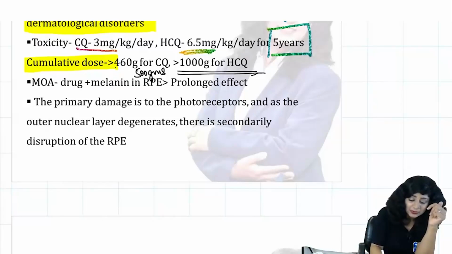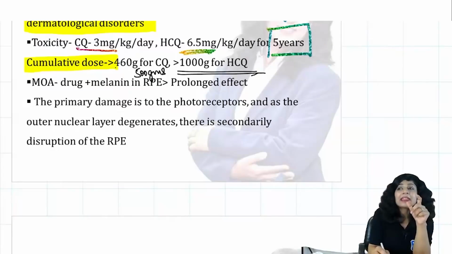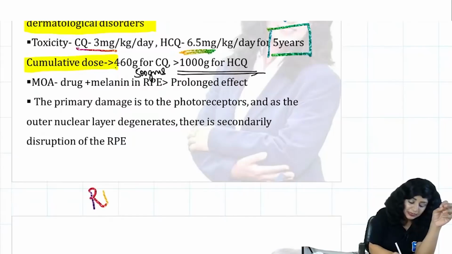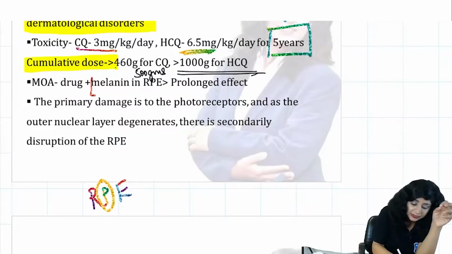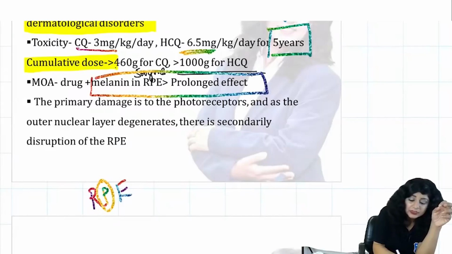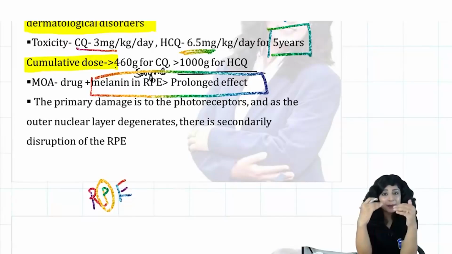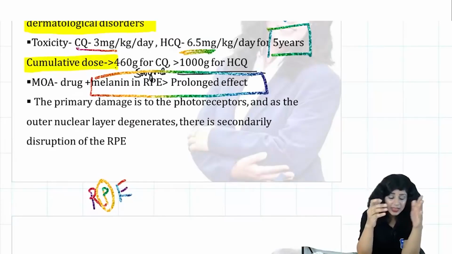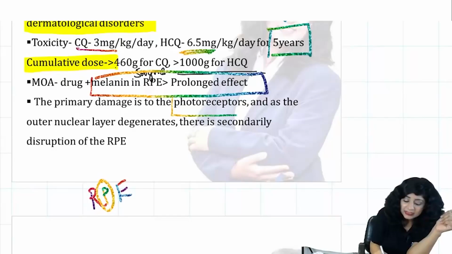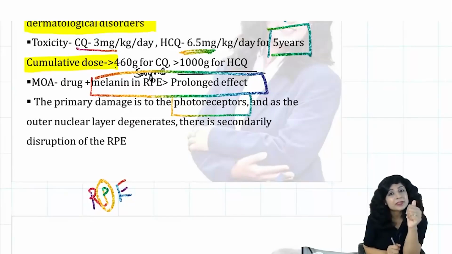Now mechanism of action. In the mechanism, this chloroquine is acting at the RPE level, which is the pigment epithelium. So this pigment epithelium contains melanin. So basically it is acting on this. So where it is acting, what is the site of action? Melanin, the RPE layer. After the RPE layer I have the layer of photoreceptors. So it is going through that, and that is why it is causing maximum toxicity to the photoreceptors.